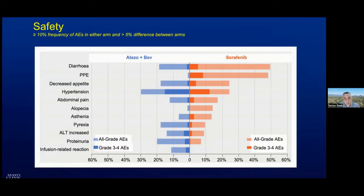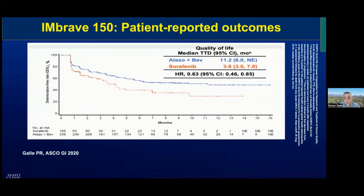As you can see, other than the toxicities that would be typically related to IREs or VEGF, everything else did favor significantly atezo-bev. But I think most importantly, when we look at the patient's reported outcomes, so the quality of life, it appears to be quite improved with atezo-bev versus sorafenib at the median of 11.2 months versus 3.6 months